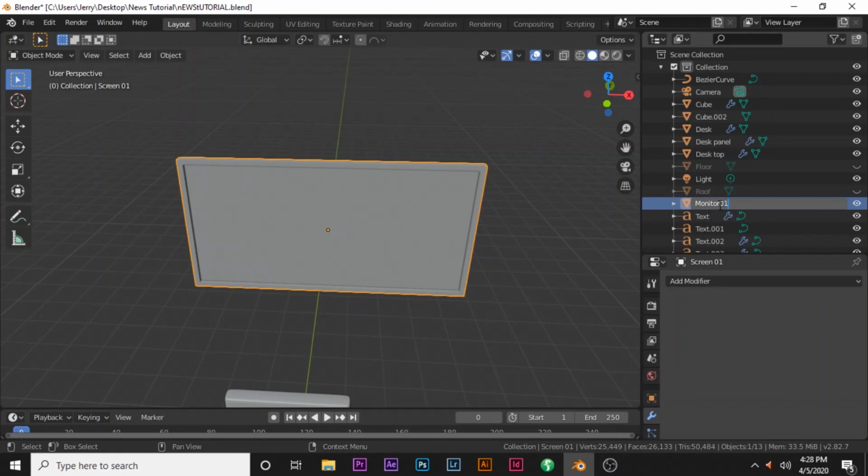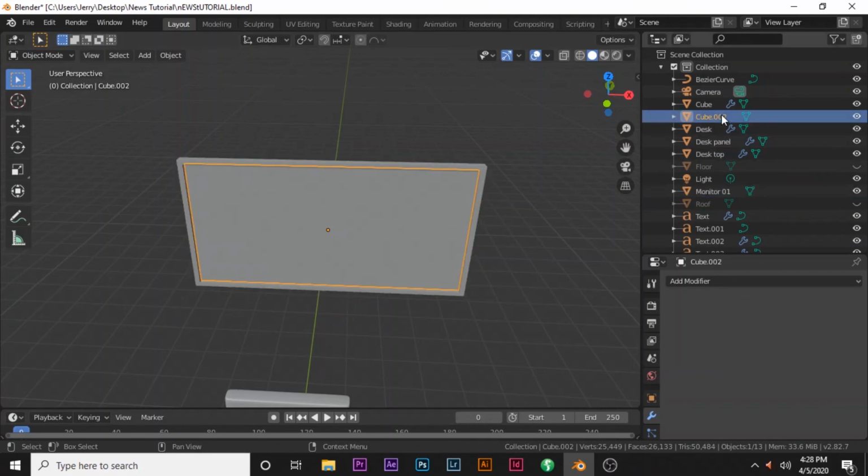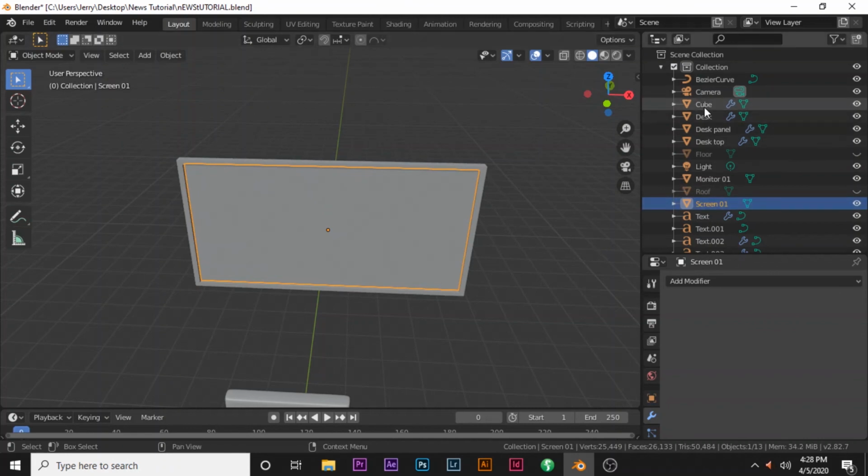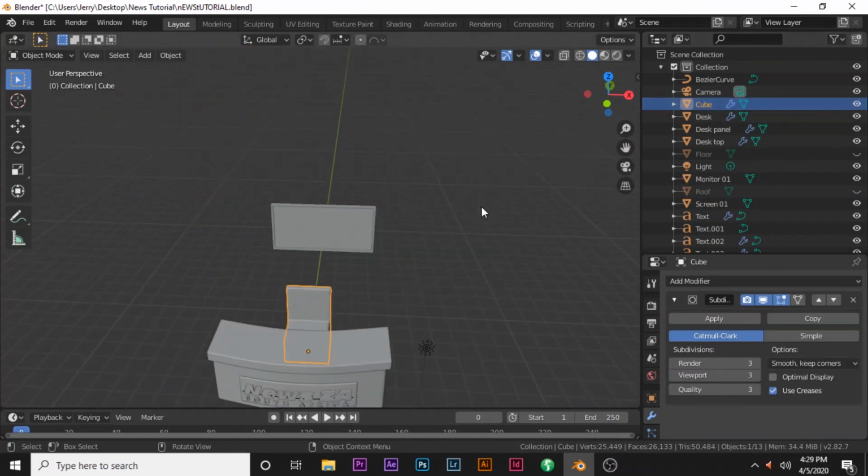monitor 01, and then that is gonna be screen 01, and then this cube is which one? No, it's the chair. I'm just supposed to name that one chair,